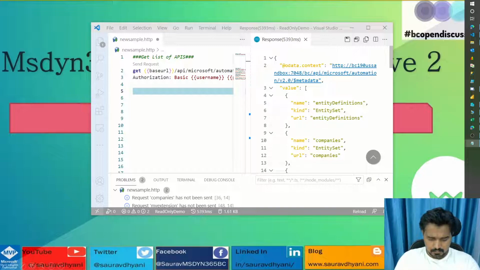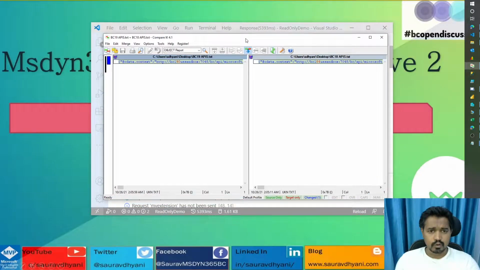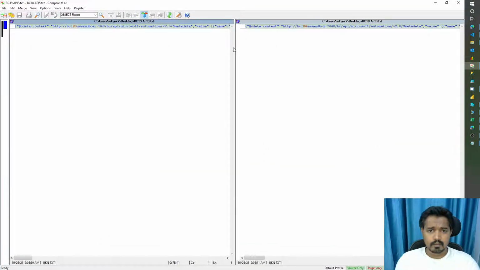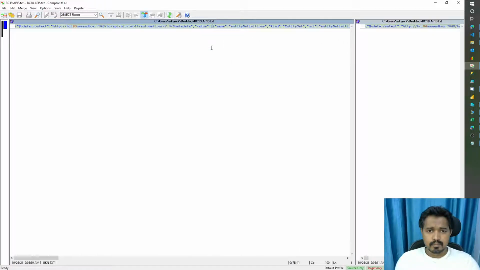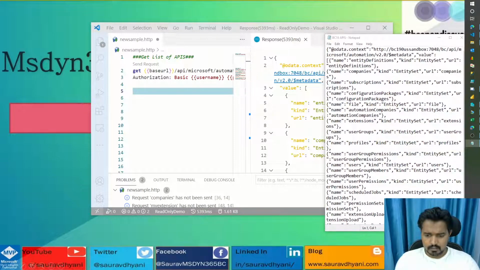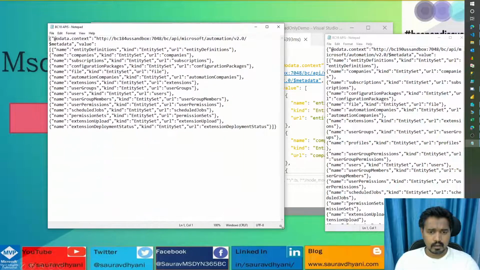19 APIs. Okay, so let me open the comparison for you so that we can see what the new addition is. So when I open, this comes as a single line, which is not that much useful, but let me try to split this so that we can see what's actually being added. So if I split it here, or maybe let's open the two notepad files in parallel so that we can see them. So this is Business Central 19 API and this is Business Central 18 API. So let me expand this